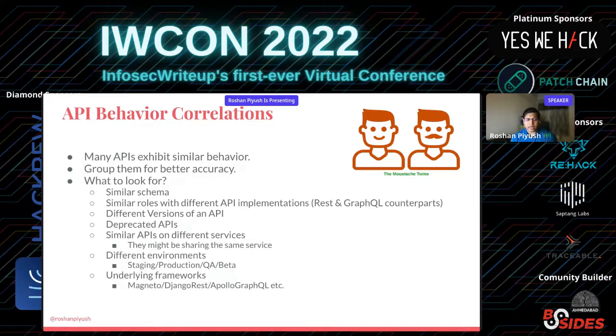Also try to understand the underlying frameworks that those APIs are built on. I was able to exploit one of the APIs only after knowing that it was being served on Magento, because all of these frameworks have a very specific structure that is serving these APIs. It makes it pretty clear and obvious how I would want to discover the other APIs, or what I should do next. Maybe I am not getting any specs or documentation, but if I know the underlying framework, it will have a structure, and that structure will help me discover many of the APIs and correlate between different APIs.